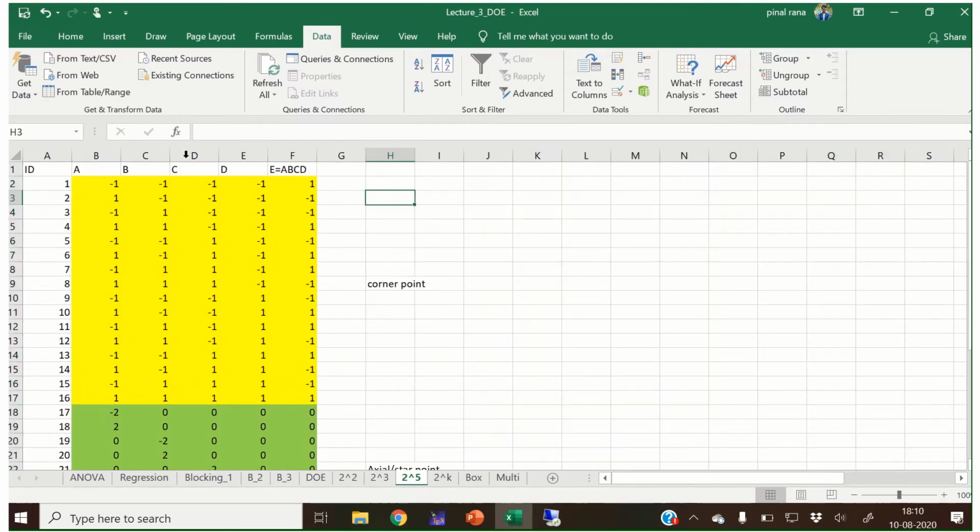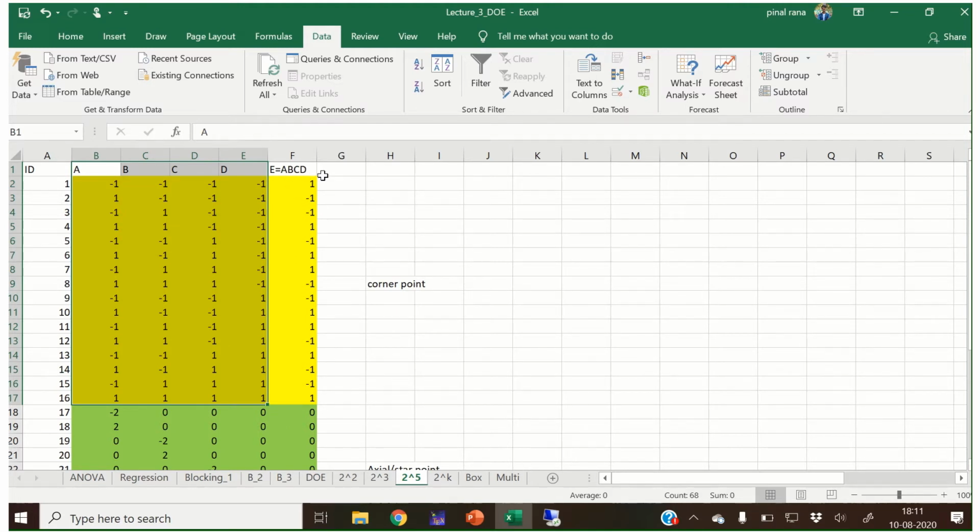So what I did, up to here, I simply did the same thing that we did for the 2 raised to 4 factorial design. So 2 raised to 4 will give you 16 different combinations. So I wrote down those 16 combinations. And instead of doing a full factorial design, I did the half factorial design.